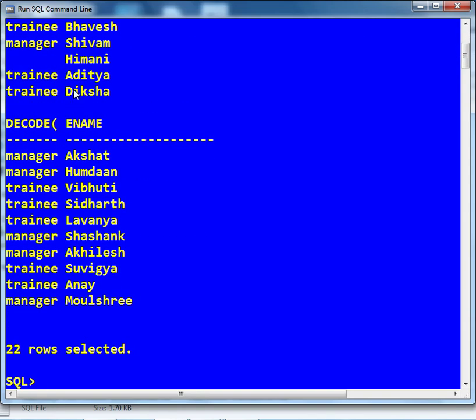Here I can clearly see the department name of each employee. So by using the decode function we can find that. And there are some more simple mathematical functions in Oracle.